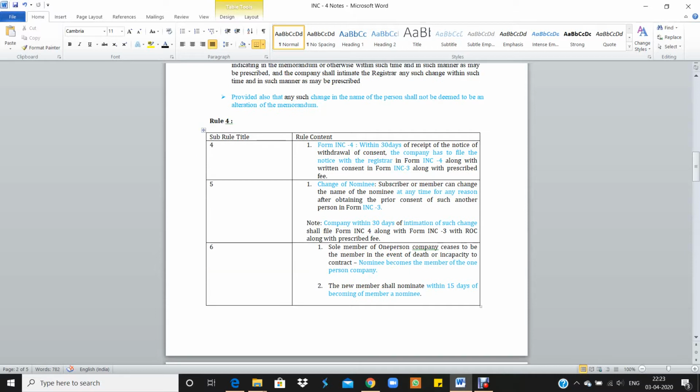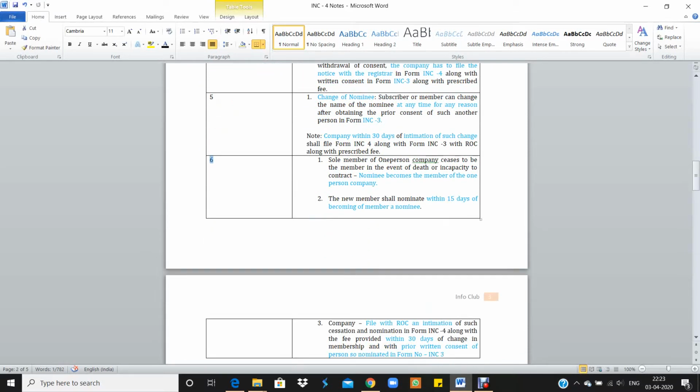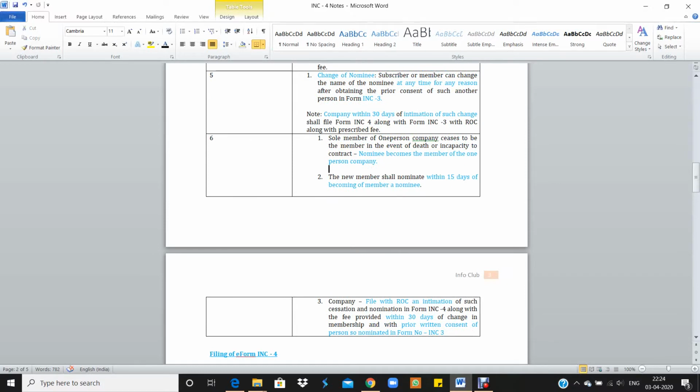It has to file INC 4 with the ROC with the prescribed fee. Okay, then what does sub-rule 6 say? Sub-rule 6 says the sole member of a one person company ceases to be a member in the event of death or incapacity to contract. So suppose the member has died or is incapacitated to contract, then what will happen? The nominee will become the member of the one person company. Once he becomes the new member, the new member has to